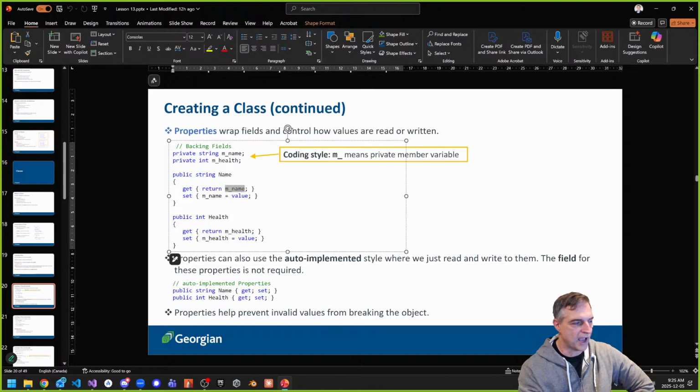This is internal, something you would write inside of your class. Outside of the class, someone using the class would only use name, capital N, or health, capital H. They would never see the private fields. These are public, so that's how they would be seen.